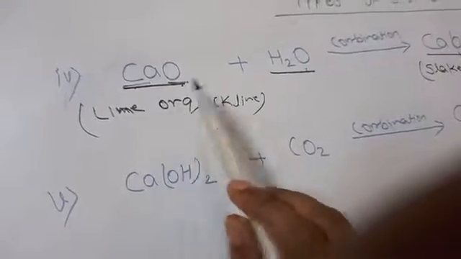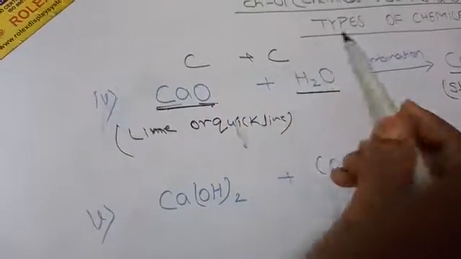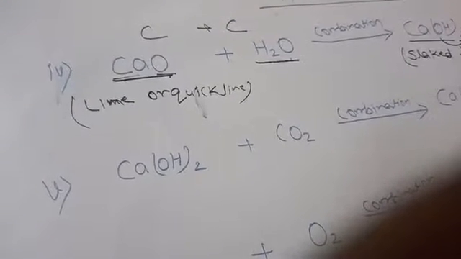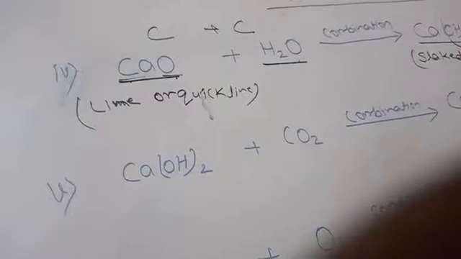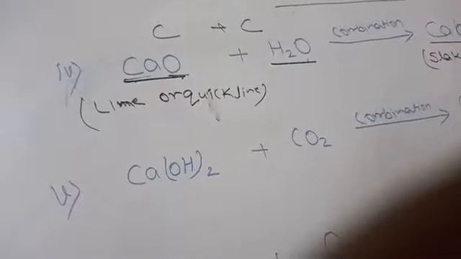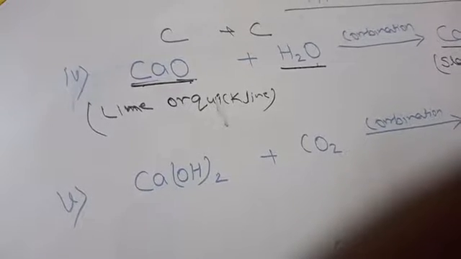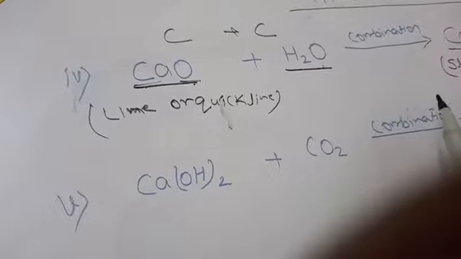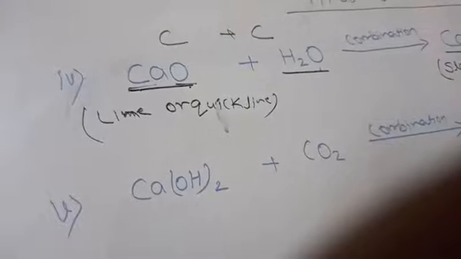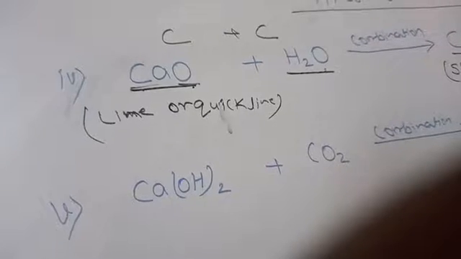So here you can see a combination reaction in which two compounds combine; this is the example of compound plus compound. Here I am writing C to represent compound. So here is a combination reaction in which two compounds, calcium oxide and water, combine to form a single compound, calcium hydroxide. A large amount of heat is released when calcium oxide reacts with water to form calcium hydroxide. And it is solid calcium hydroxide, which is known as slaked lime, or slaked lime is a white powder. It is what? White powder.